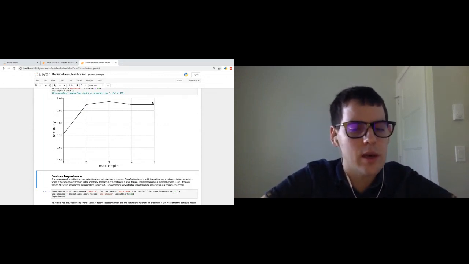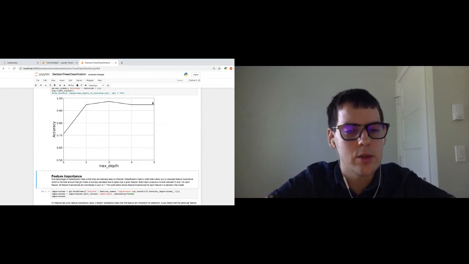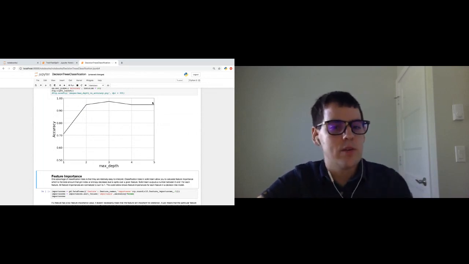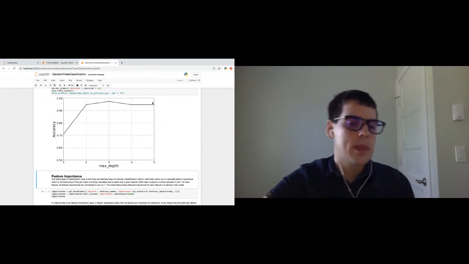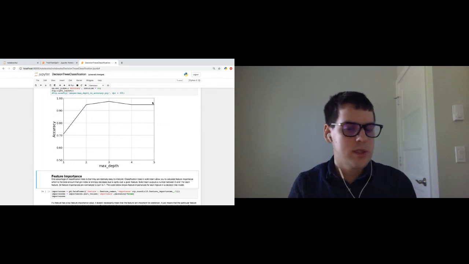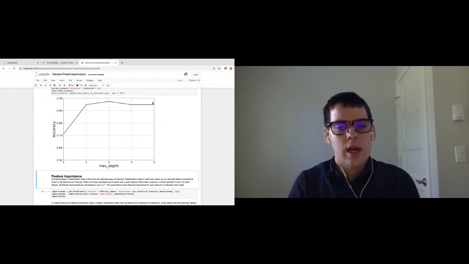So one cool thing about decision trees, this also goes for different sorts of models, is certain models can give you different feature importance metrics. And classification trees allow you to calculate feature importance, which is the total amount that the Gini index or entropy decreases due to splits over a given feature. If you don't know what Gini index and entropy are,